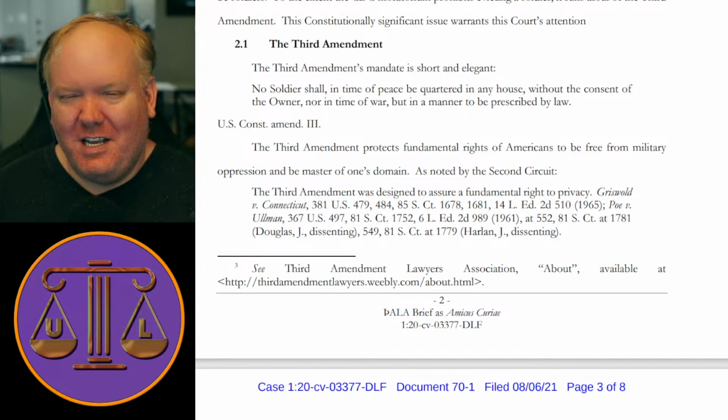You know what's also fun too, because this is just hilarious? You know what's even more fun about it? The Third Amendment hasn't been incorporated. It's never come up. So of course it's never been incorporated. Why not say yeah and get the Supreme Court to incorporate the Third Amendment? Although this is happening, that'd be fun.